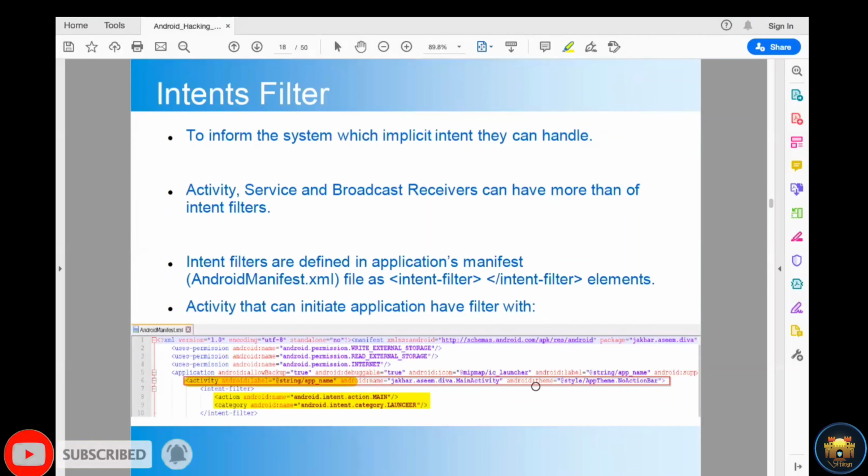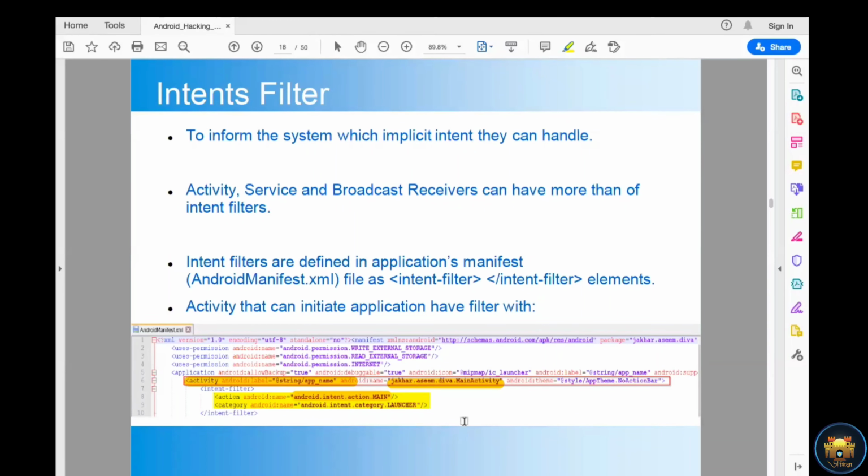Here is the defined main activity, MainActivity.java, that is the file. And here in the intent filter you can see the intent filter element defines two things, two elements, action. Here the intent filter action is main, meaning this activity acts as a main activity.